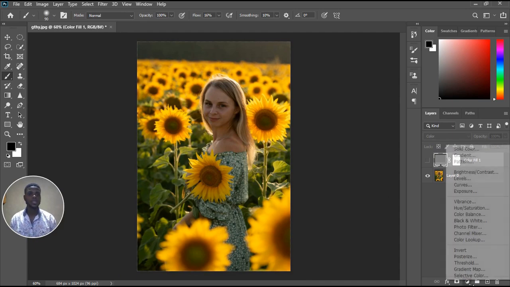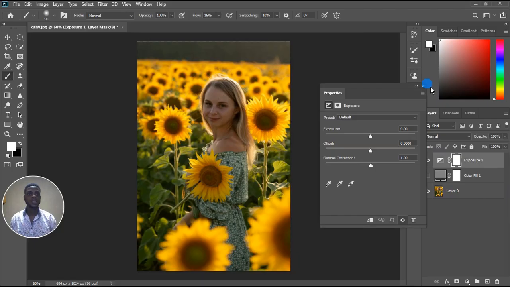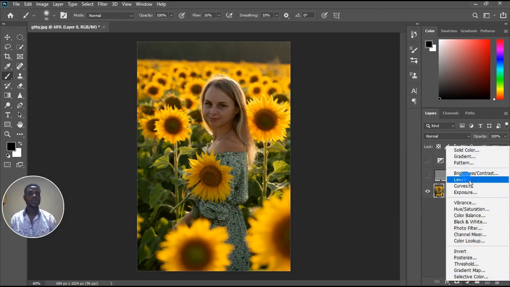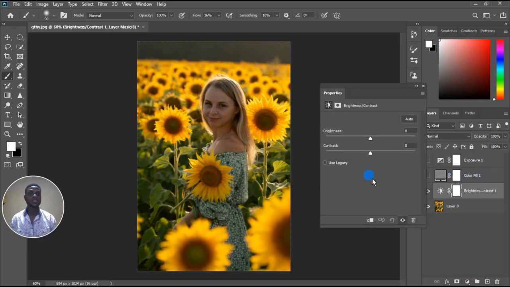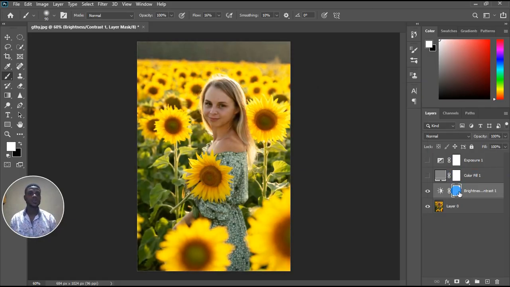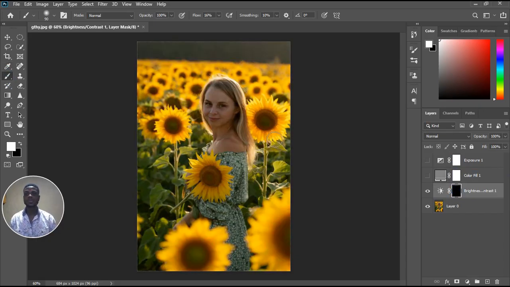So let's come here and click on the exposure tool. Now some people will actually think of brightening it, so they come here, bring in a brightness/contrast adjustment layer, and then increase the brightness. After we increase the brightness, we click Ctrl I, then take our brush tool and brush over our face with the foreground color white, and then boom, we fix the image